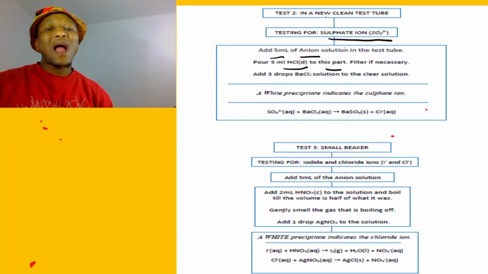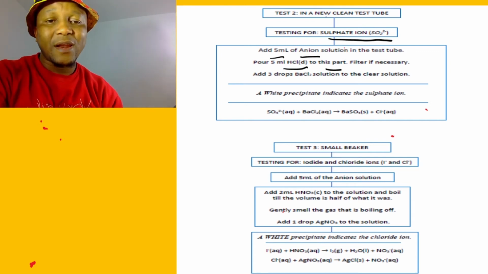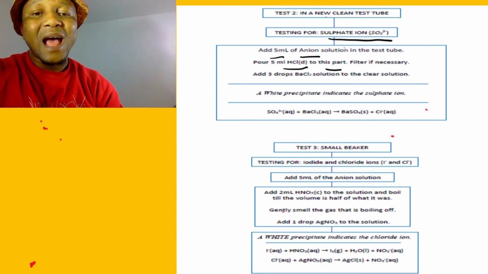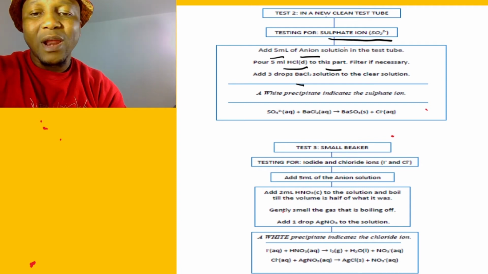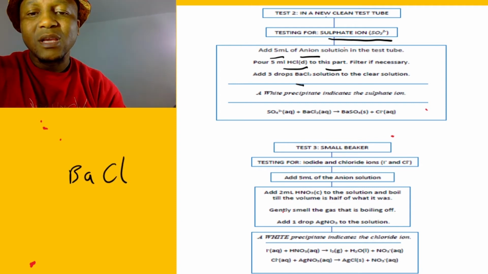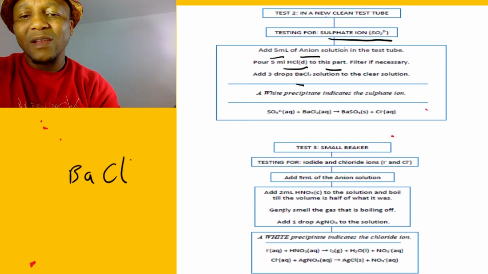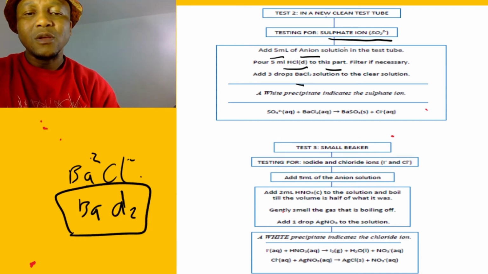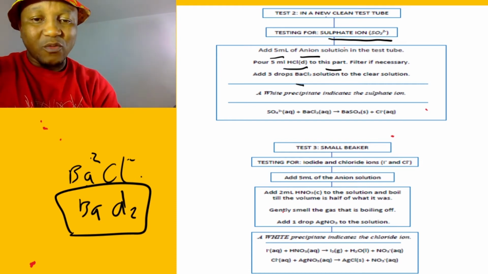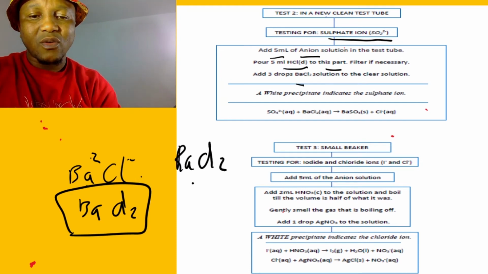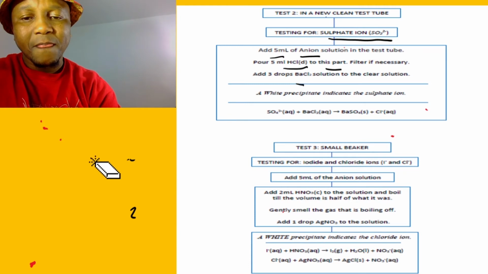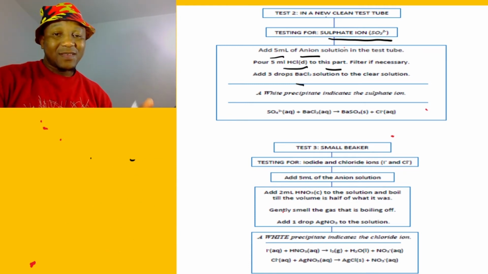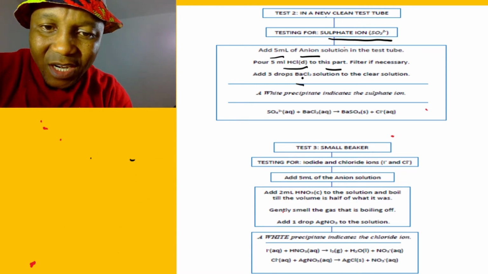So there's a question why we pour hydrochloric acid. I'll explain to you later. Okay, filter if necessary, and then add 3 drops of barium chloride. Look, barium chloride. Chloride has a -1 valence, but barium has a 2. If you cross these, 1 is going to come here, and this 2 is going to come here. It's going to be BaCl2. That's why when you write barium chloride, say barium chloride like that. See what I'm saying? I'm going ahead of the, see, now we come here, add 3 drops of barium chloride